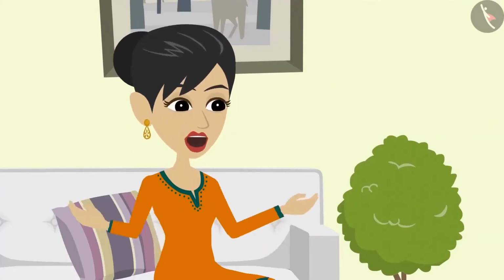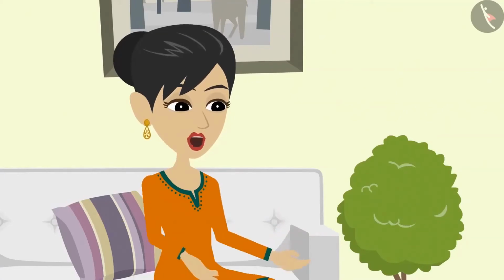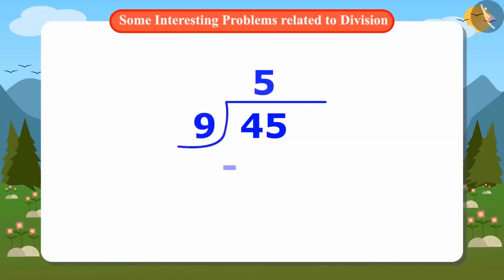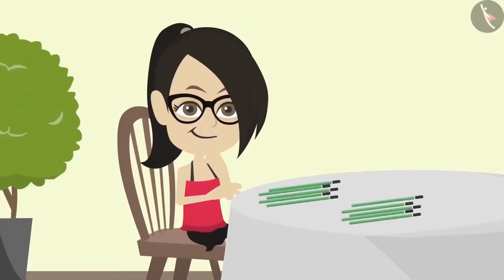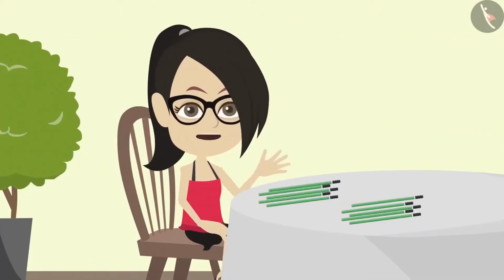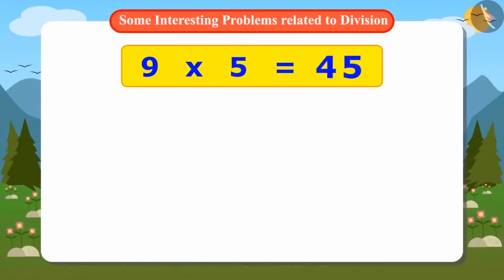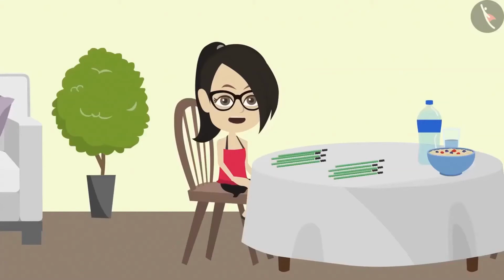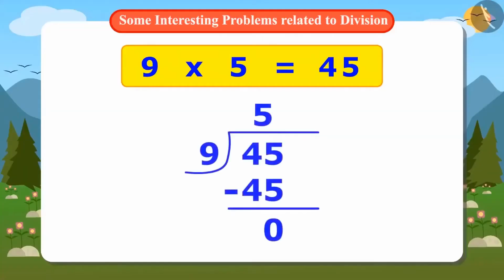Method by equally distributing the pencils, or else dividing 45 by 9, tell me. So tell us, what do you think is the best way? I remember the multiplication table of 9. The 9 fives are 45. This means that if 45 pencils are to be divided among 9 people, then everybody will get 5 pencils. This means the division method is easier.